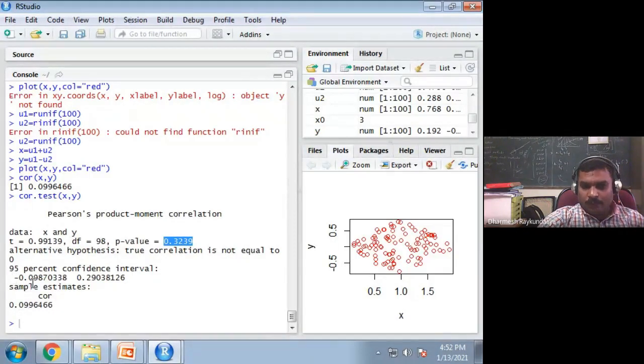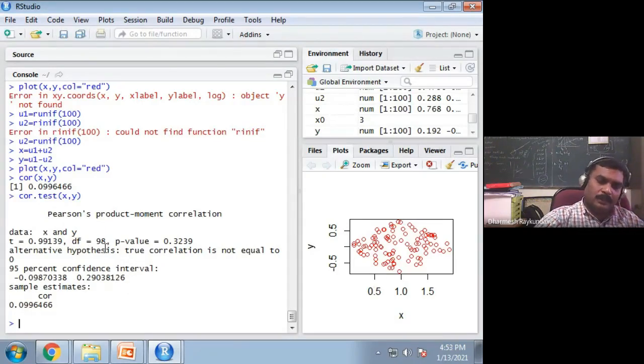And what can you say from the confidence interval? See, one indication is that from the p-value you can take the decision. Another is that you compare the tabulated with the calculated value, with 98 degrees of freedom. And the third is that you look at the confidence interval. If the value 0 belongs to this interval, then we say that the null hypothesis is accepted. Why 0?